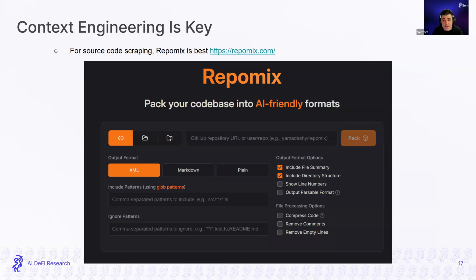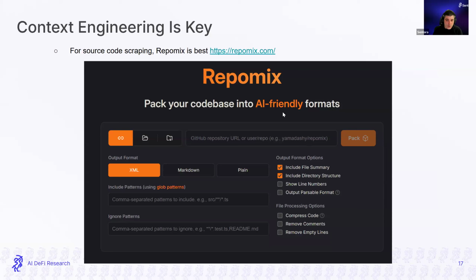And probably the one that we use the most is RepoMix. This is a tool that, just by pasting a GitHub repository link, is going to pack it up into an XML file. It's been shown that XML is a format that the AI understands best, since all the scraping that was done on their training data was done over websites, and the output of that scraping was XML. So usually it's a preferred format over Markdown.